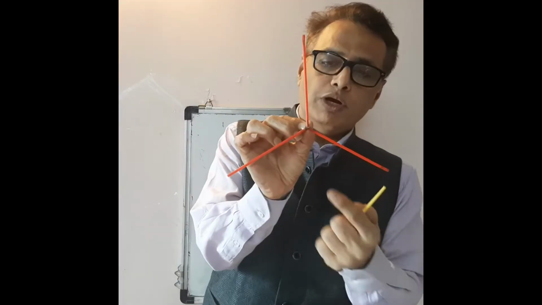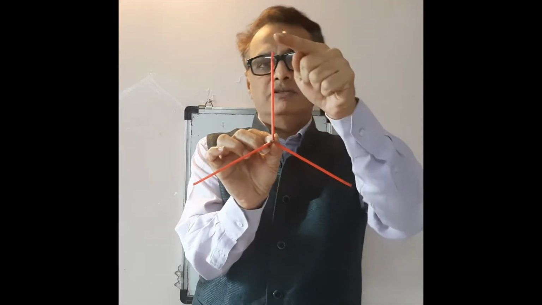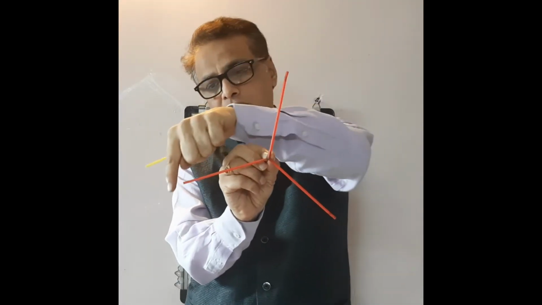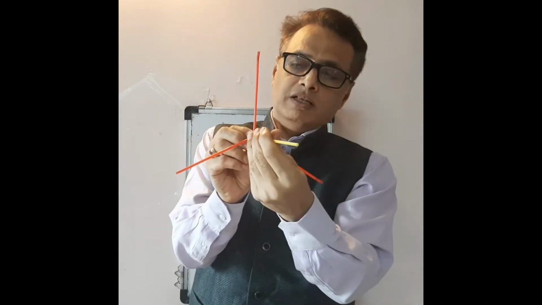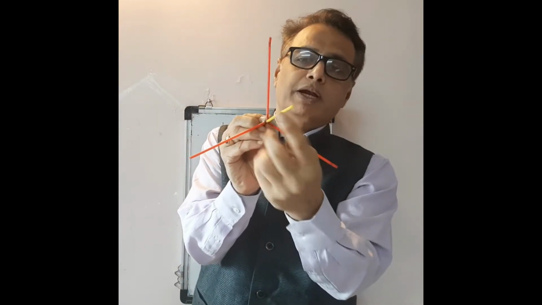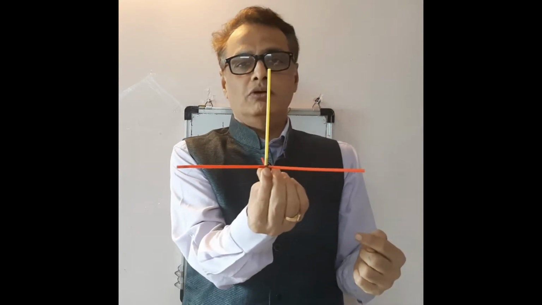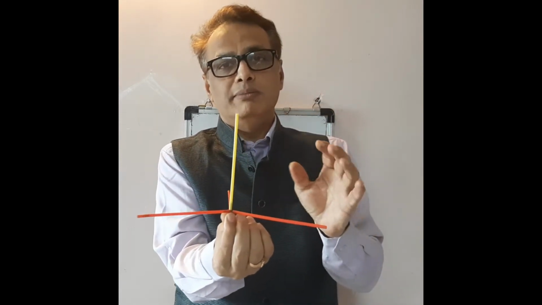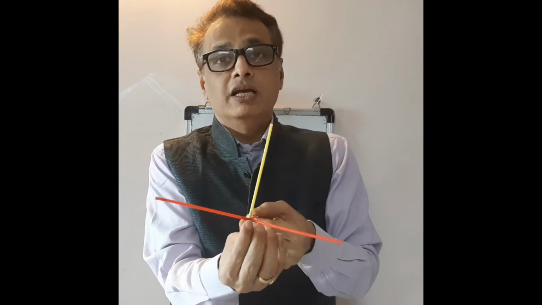This is our BF3 molecule. Boron is placed here. This is first fluorine. This is named as F1, F2 and F3. This is the line which passes through boron and is perpendicular to the BF3 molecule. Now let us find out the symmetry elements possessed by BF3.